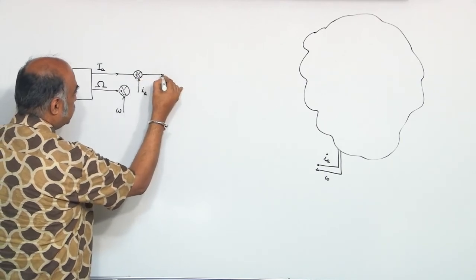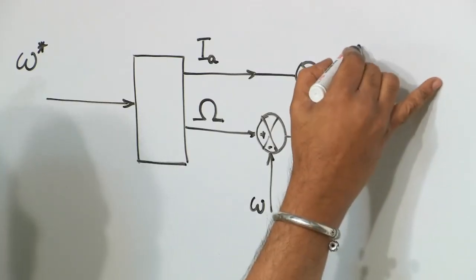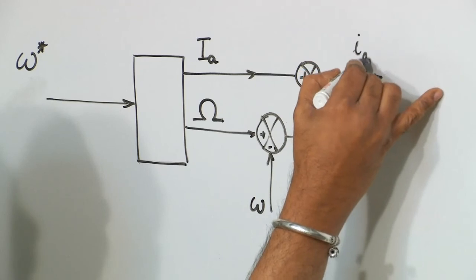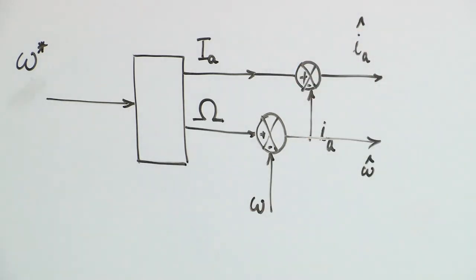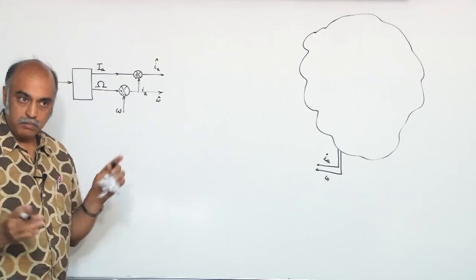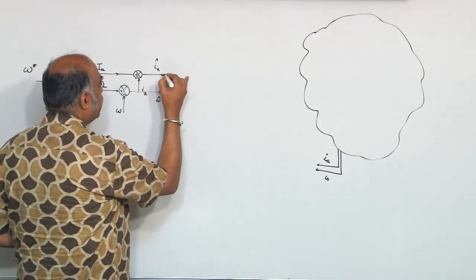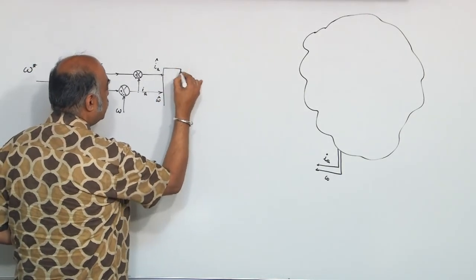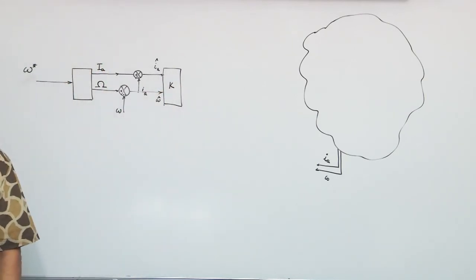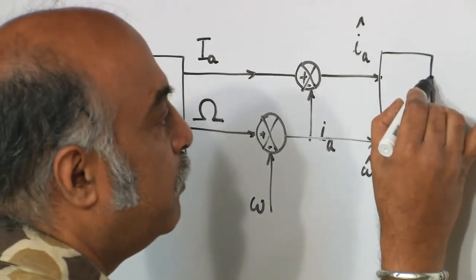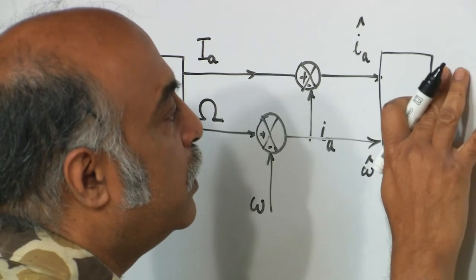What do you have here? You will have IA hat, omega hat, and we want to make this deviation about the nominal operating point go to 0. Now, this is where our controller will come in. This is our controller K, and this is what we want to ultimately design. And the output of the controller...